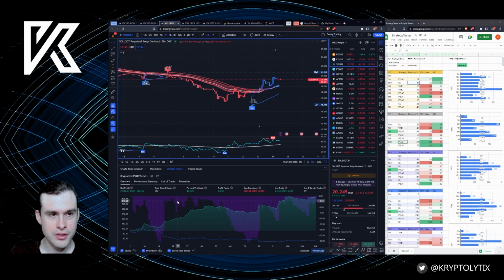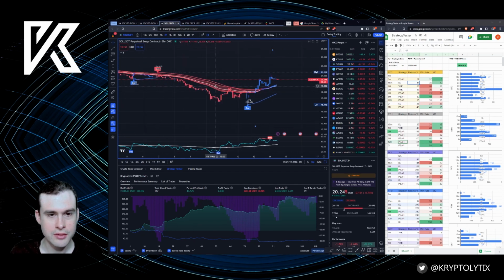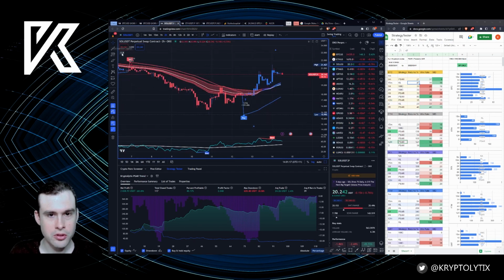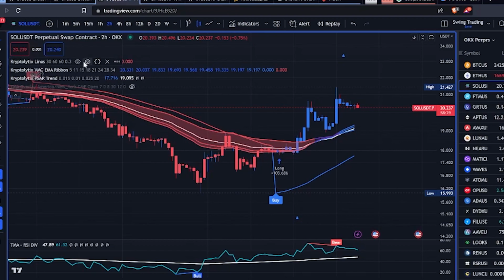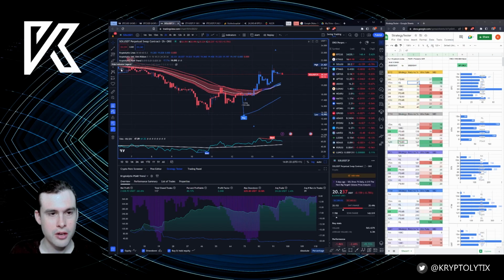I guess first off, we've got this chart here. This is just my standard chart that I'm using now for all of these different strategies. And I'm using 3 different indicators to work out what the best strategy is for each time frame. So I've got the Kryptolytix lines, which is an indicator that I've modified based on a free one that someone put out there. And these are all basically modified based on previously existing indicators, but I've modified them enough, I figured, to give them my own name.